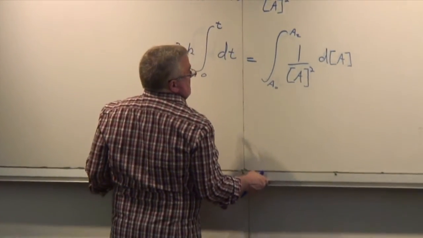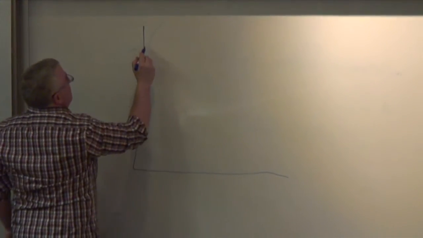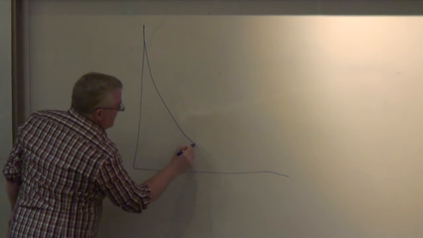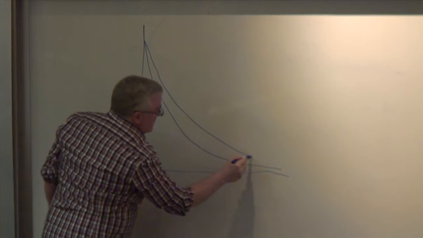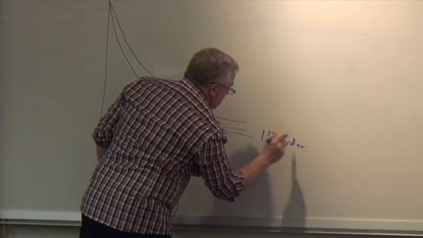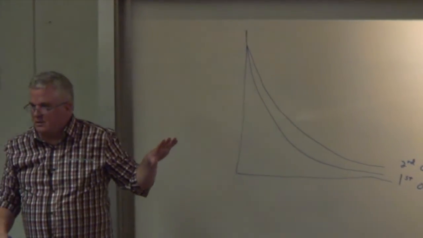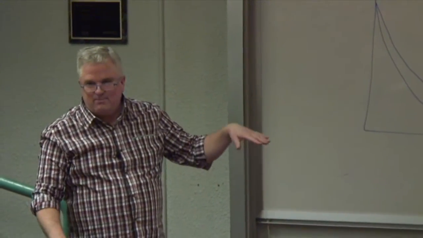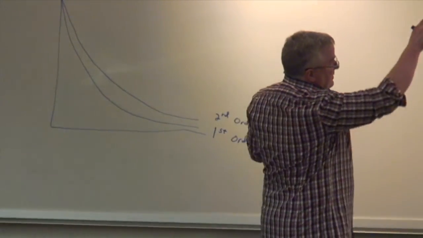And so if we take a look at the exponential decay, for a first order reaction it looked something like this. For a second order reaction we would start with the same concentration. And it would look something like this, okay? So this is first order. And the one on top is second order. And it's hard to tell by inspection that one is first order and one is second order. We could fit them to their actual decay types of orders, but one of the things that's nice about that equation